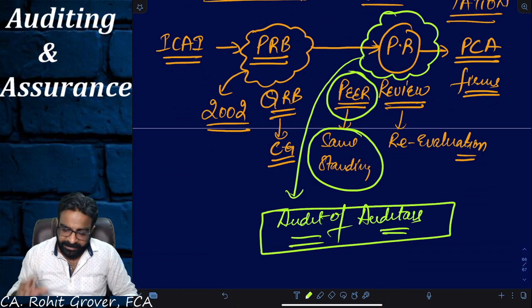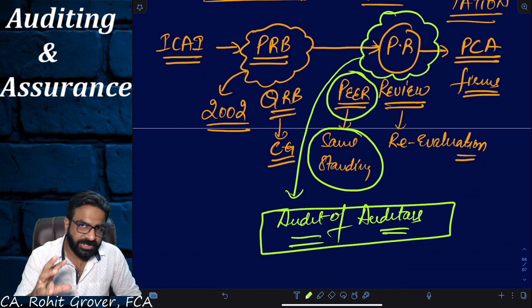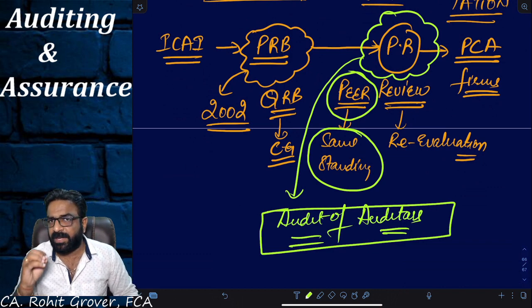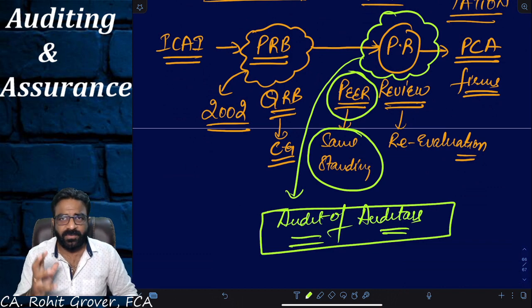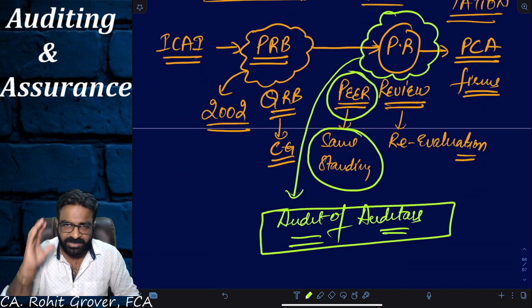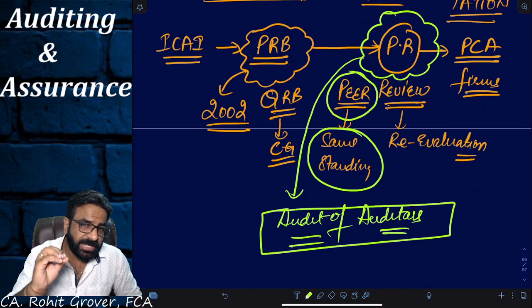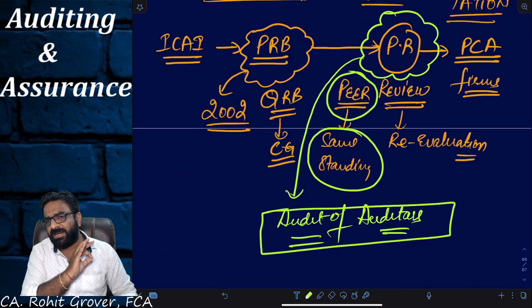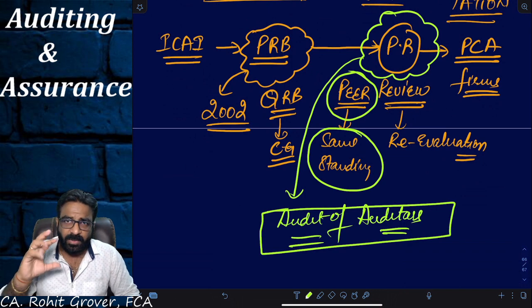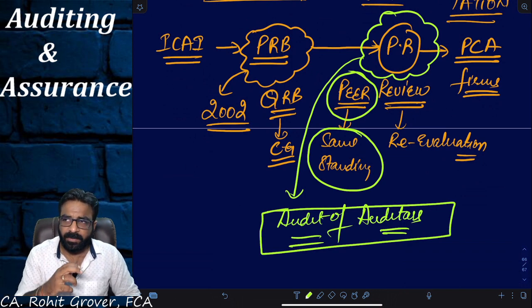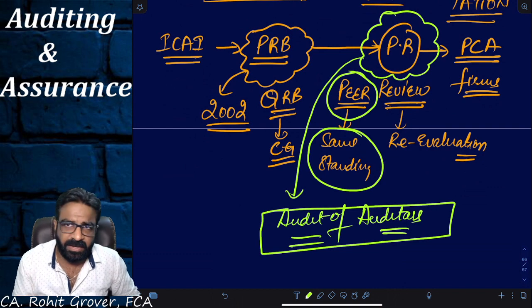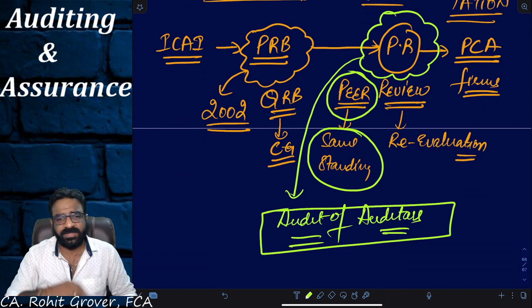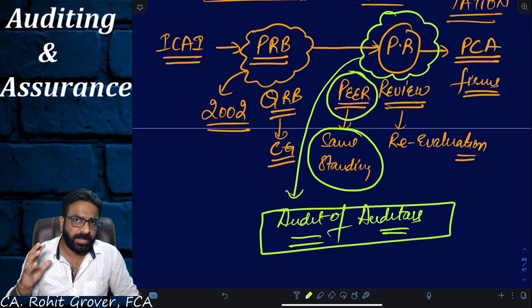Are you getting the point or not? That's the reason the audit documentation and audit evidence series is very important from your ICAI point of view, from your practice point of view, and from your examination point of view also. N number of questions can be drafted in the MCQs when it comes to this. So this chapter is full of MCQs and full of conceptual clarity. You are going to learn this chapter in a very interesting way. So I hope I made you understand the background of audit documentation. Why is audit documentation a standard in our portion? It's only because of this. Are you getting the point?